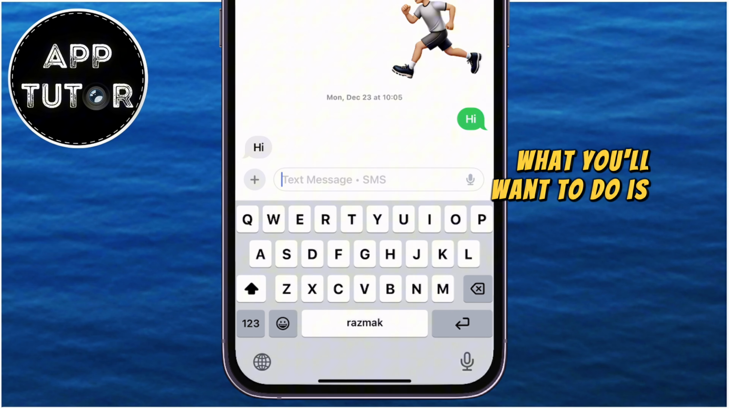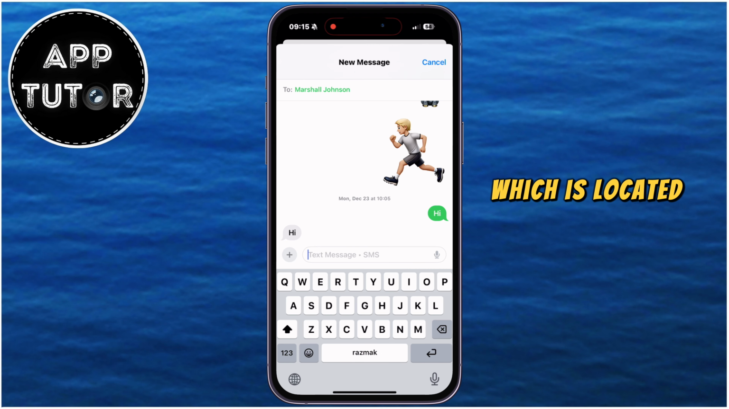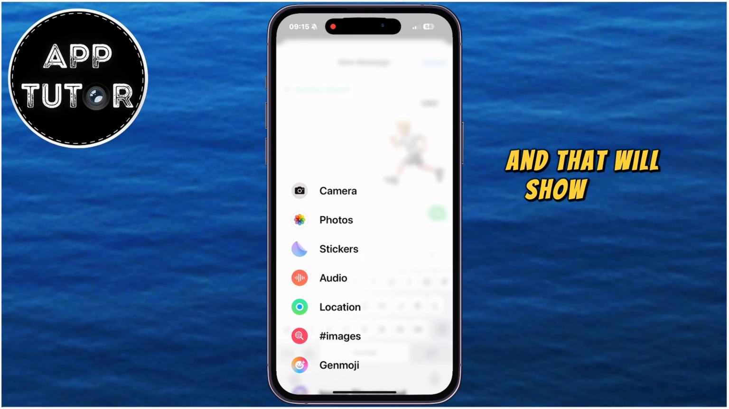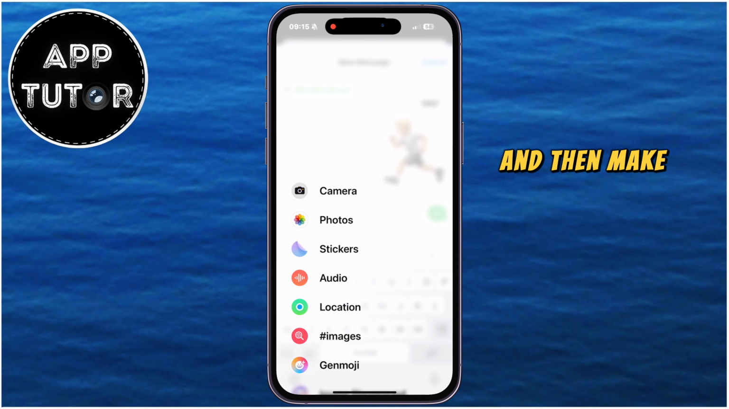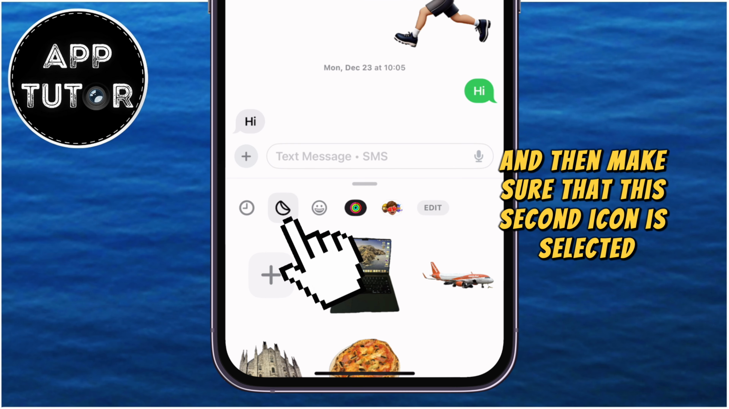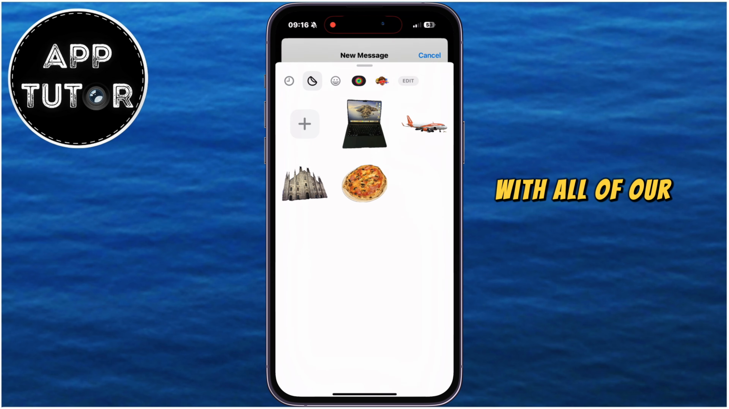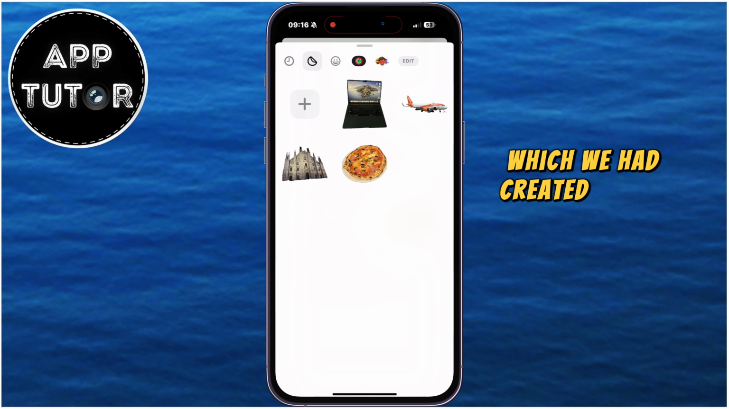What you'll want to do is to tap on this plus icon, which is located at the left side, and that will show us a couple of options. Select the Stickers option, and then make sure that this second icon is selected. That will show us a menu with all of our custom stickers which we had created,